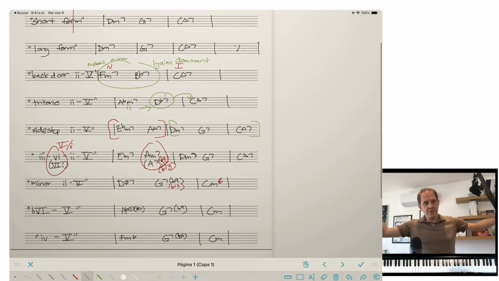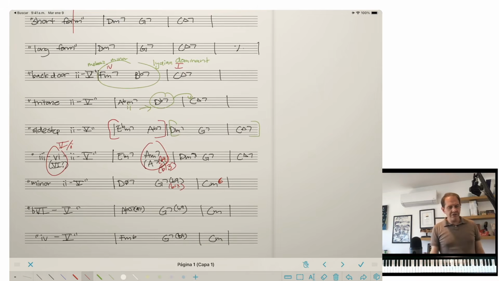All right, just for fun as a grand finale, let me play all of these different 2-5-1 versions. So we've got a short form, long form. I'm doing the rest as short forms just to save time. They could be short form or long form. Backdoor, tritone, side step, 3-6-2-5,